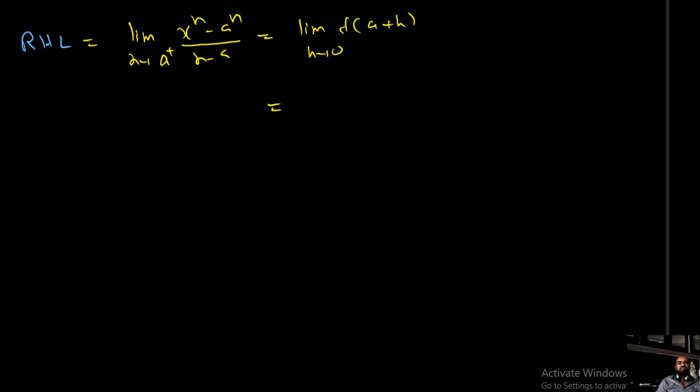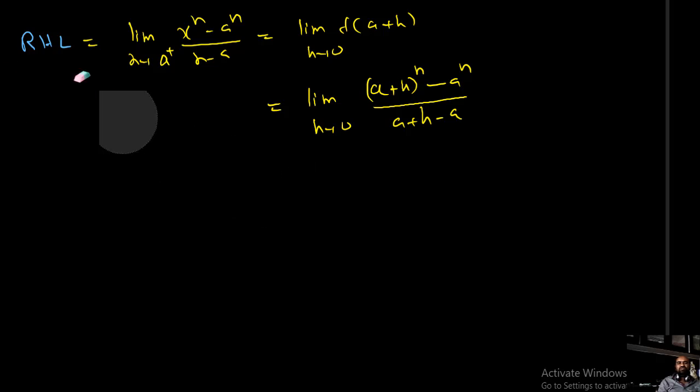So that is the limiting value of, instead of x, we write (a plus h) whole power n minus a power n by (a plus h minus a), h is tending to 0,